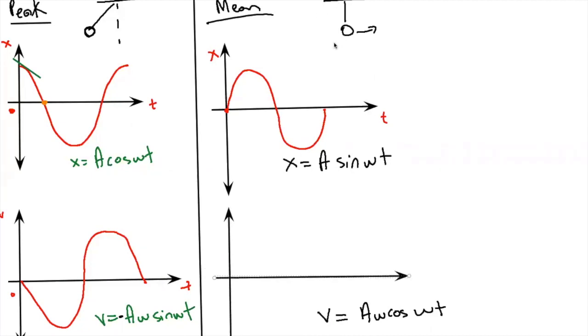Now, we're going to use the gradient method to get this graph. And by the way, a fun fact, if you open advanced level, A-level physics, you're going to see that they only mention the mean position one. They don't mention this at all. Okay, now we know that at this point, I have a steeper line here, right? And my gradient goes down to 0. So my gradient is decreasing in the positive. So I can confidently say,